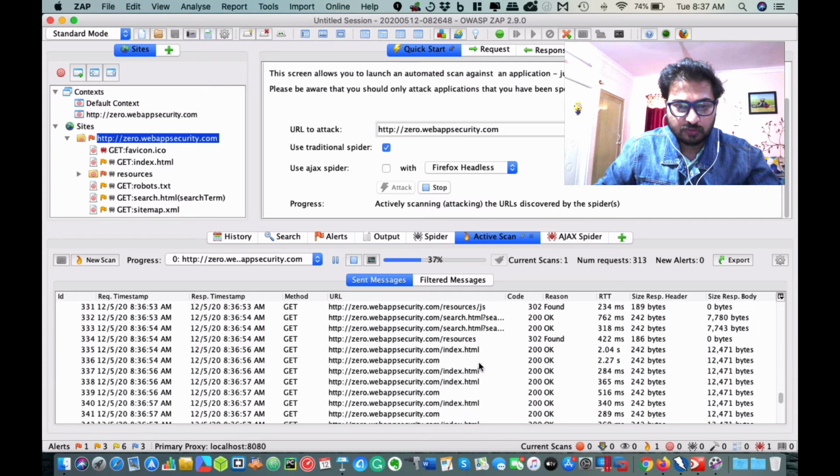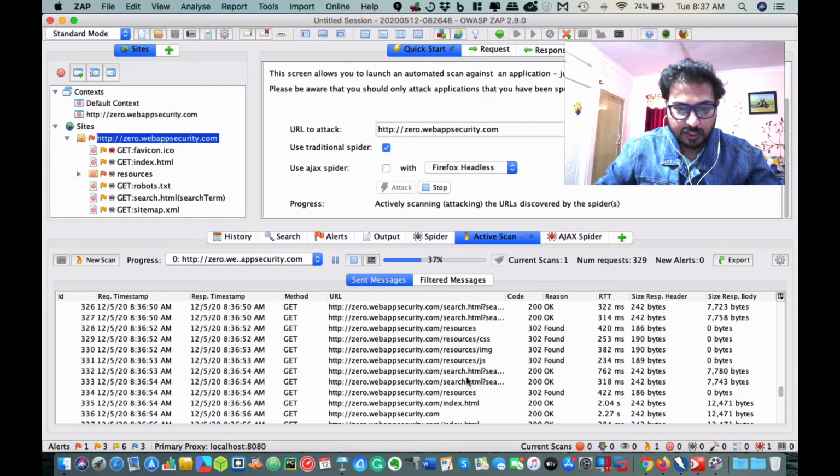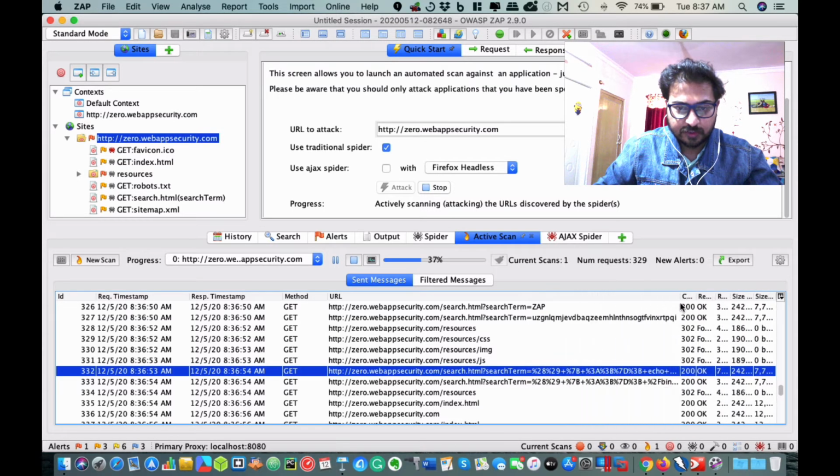If you want to fuzz any application, you can select from here. For example, let's say this is the application. You can see the connection and the responses. So when I click this button and drag this side, you can see this is the payload. ZAP is automatically injecting, just like we had seen in our Burp Suite cases,